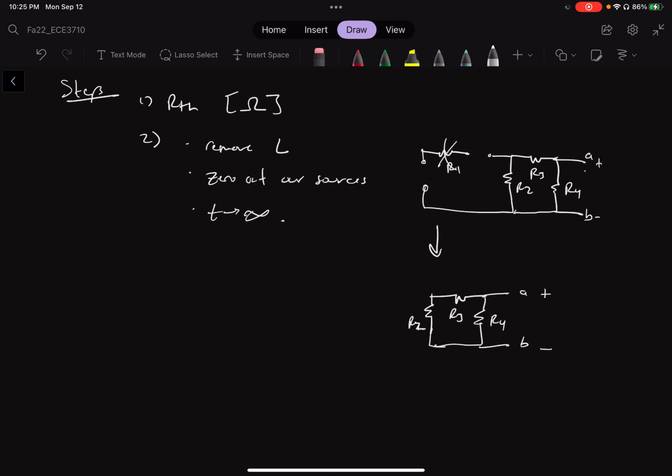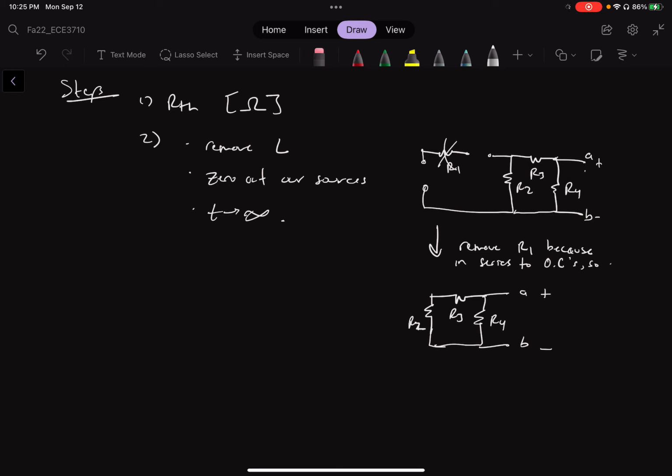Again, this is R2. Remove R1 because it's in series to open circuits,